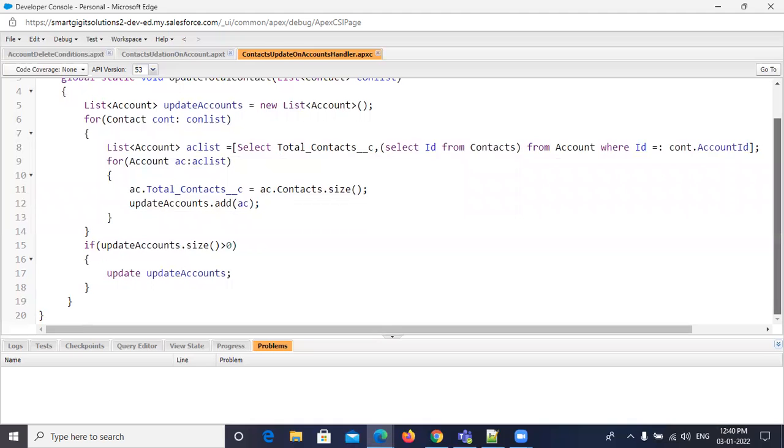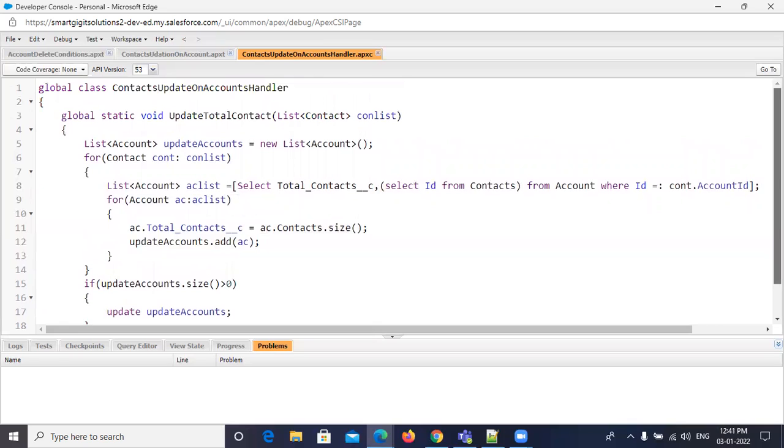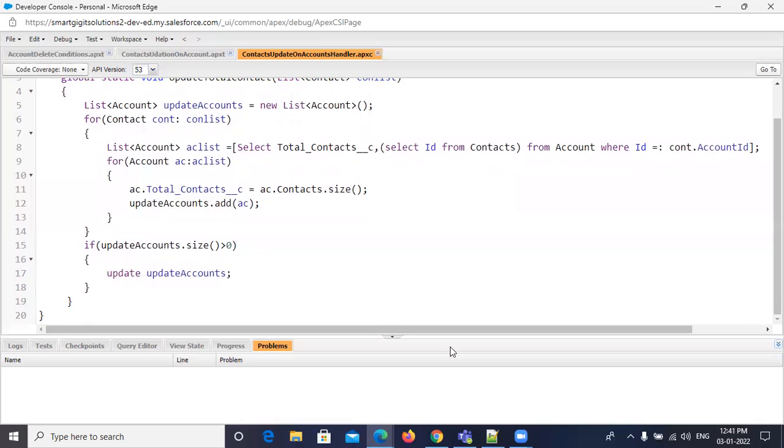Here I am using batch apex. It means, sorry, bulk programming. Bulk programming means here I am using a single update operation. If you update individually, it takes a lot of update statements, so sometimes it causes errors. Why? Because how many DML operations can we perform at a time? In a single transaction, we can perform 150 DML operations.